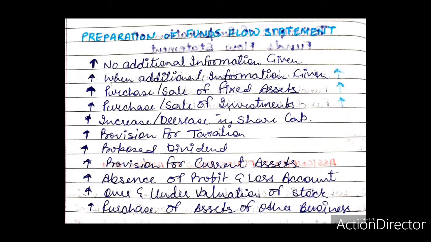Sometimes the fixed assets are shown at written down value after deducting depreciation in the balance sheet, and the balance of accumulated depreciation is given in additional information provided. In such a case, the opening and closing balance in the respective fixed assets account will be the total amount of book value shown in the balance sheet plus the balance of accumulated depreciation provided in additional information.